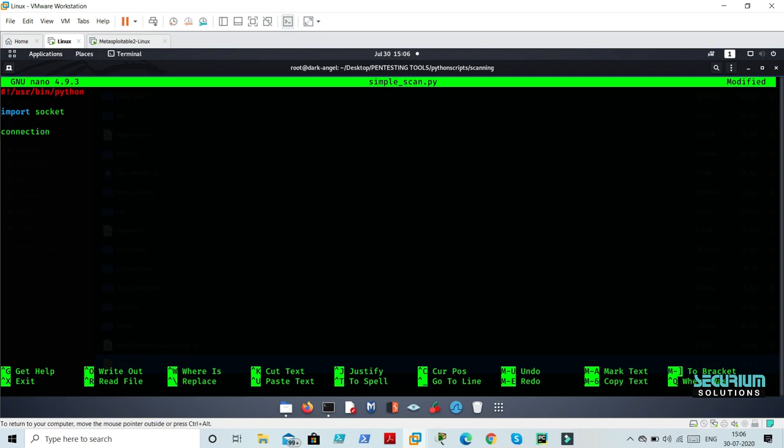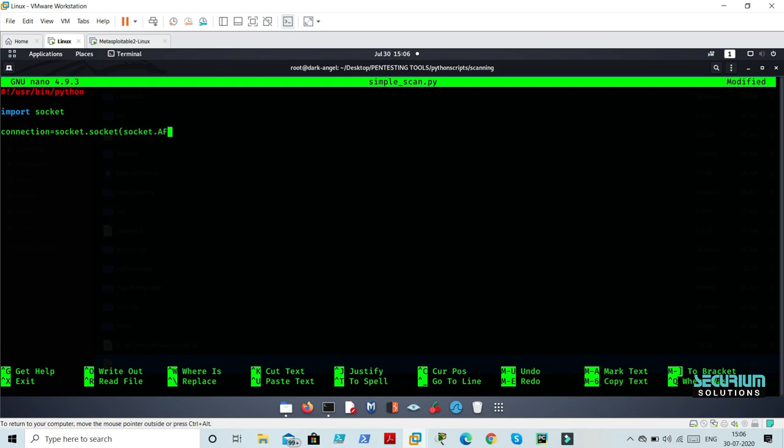I'm going to create a simple scan that will check for ports, which port is open, like that. First I'll make a simple code, and then I'll make some modification to get input from the user. We will do that now. I'm creating a variable connection, and here I need to create a socket with socket. This socket indicates it's going to create a connection with